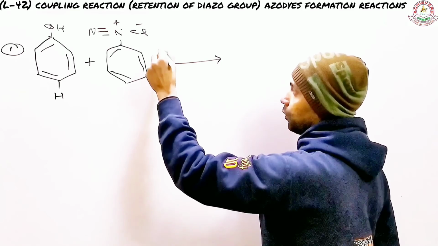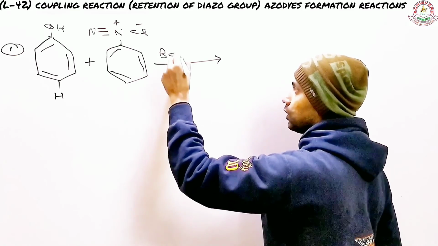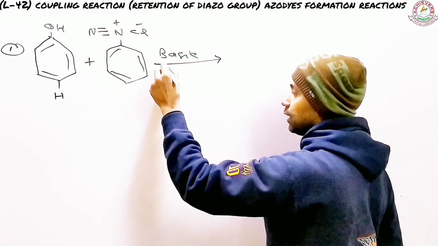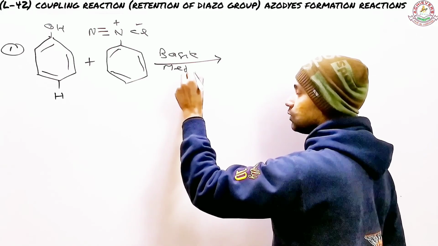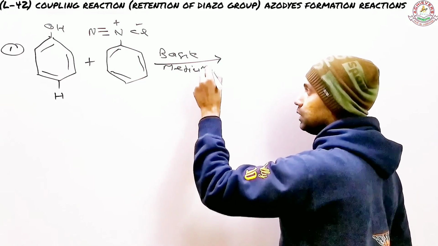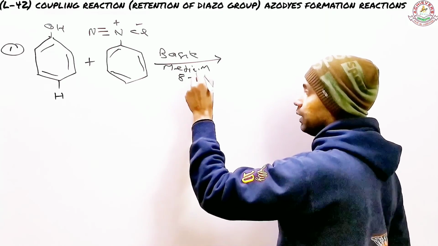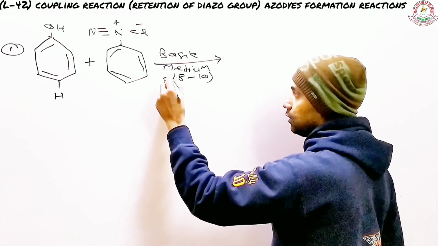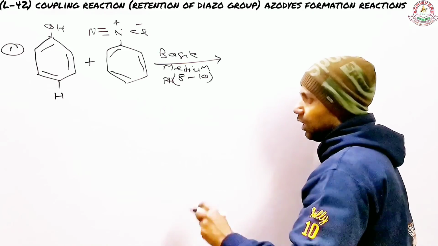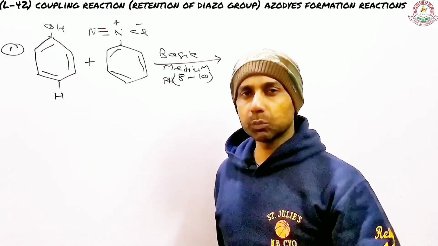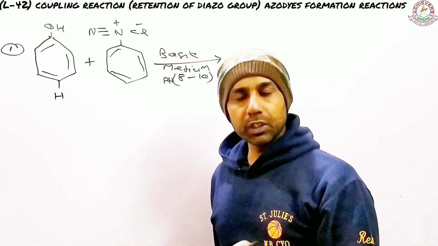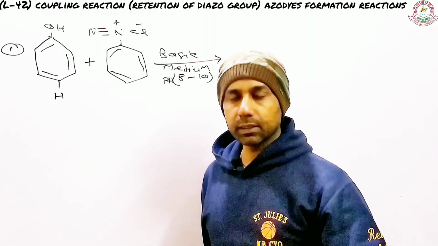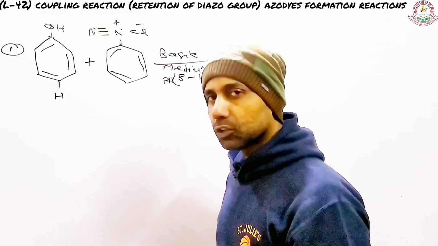One thing is very important here: this reaction is carried out under basic medium, where the pH is from 8 to 10. So this is the pH value I'm trying to mention here. Since this is going to be a short one, we don't have to go into the depth right now, because I will do that in a separate lecture. That's going to be tomorrow.